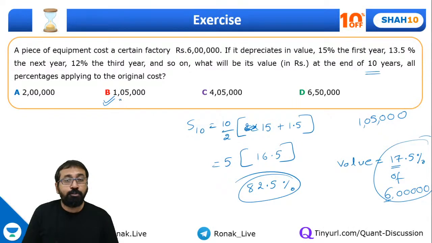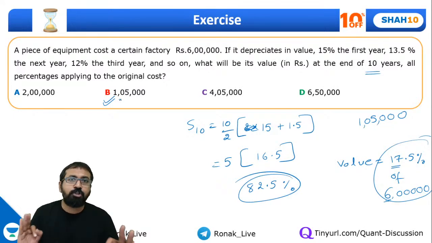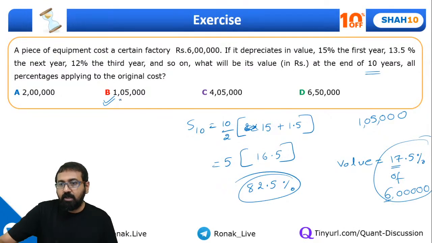So I hope all of you have understood this part, guys. Have you all understood this? Quickly show me a thumbs up. So we have practiced plenty of questions of arithmetic progression, and we have understood almost every shortcut that is required for you to succeed in the CAT exam. Not only CAT, even the other entrance exams.